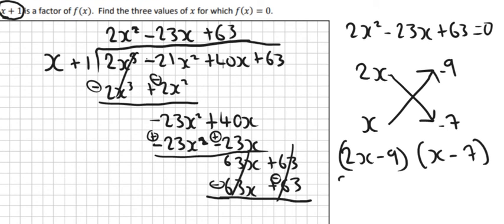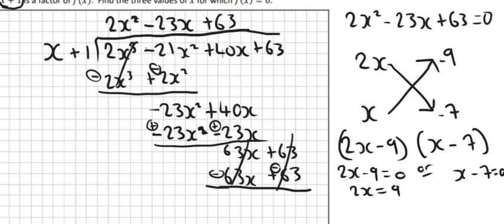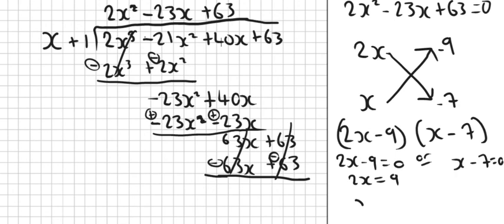So either 2x minus 9 equals 0 or x minus 7 equals 0. So 2x equals 9 if you move the 9 across, and then x equals 9 over 2. Or the other case, x equals 7. So x equals 9 over 2, x equals 7 are two of the solutions, and if you go back to